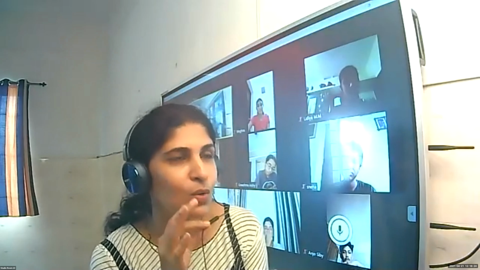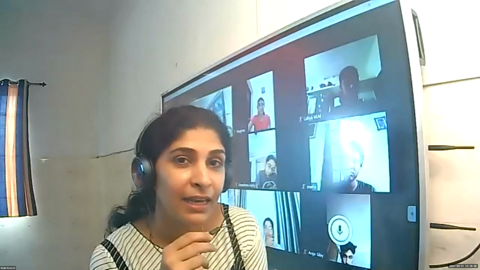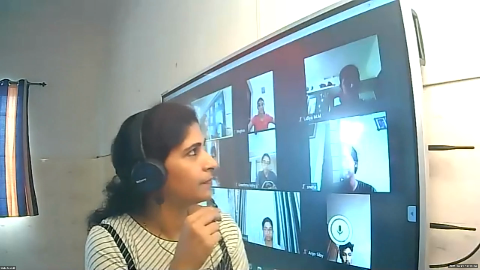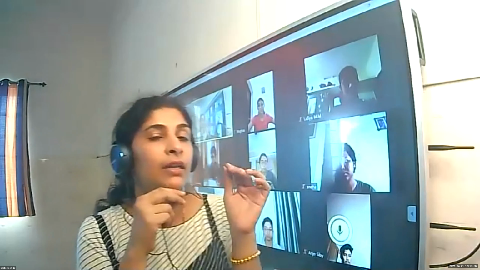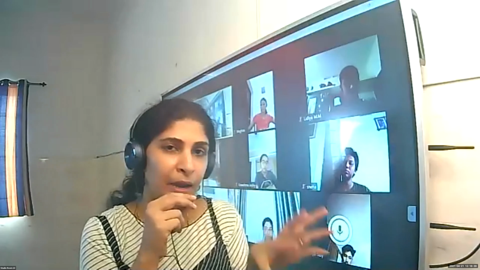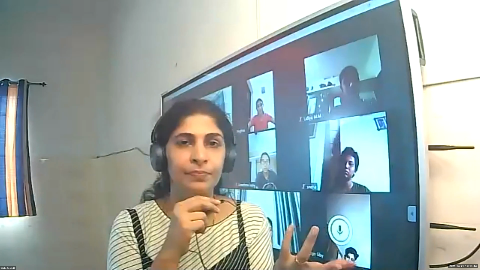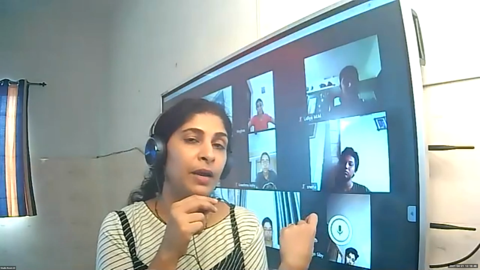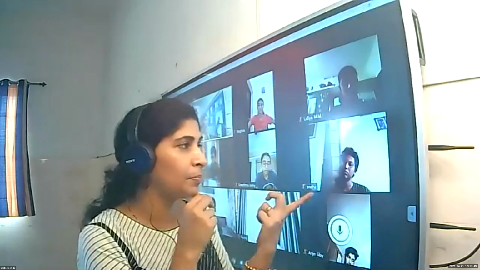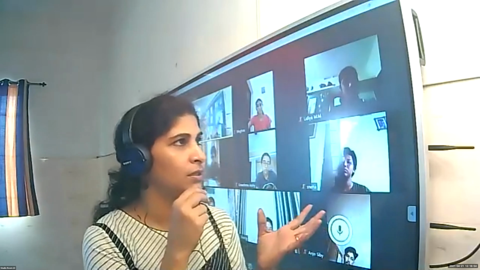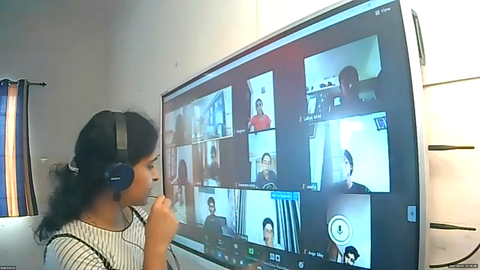So when you drop the primary key constraint, what happens? This primary key can be a foreign key in many other tables. Suppose in the employee table, employee number is a primary key, and it is a foreign key in the department table and some other table. Then what happens when you drop this primary key constraint? That foreign key concept will go, isn't it? So that is why it is specified here.